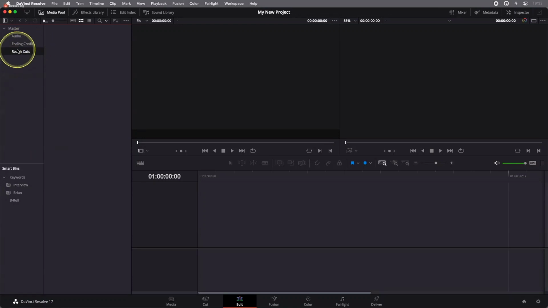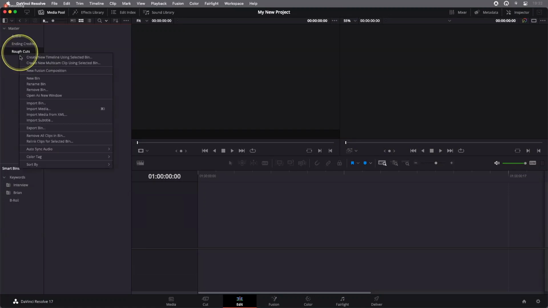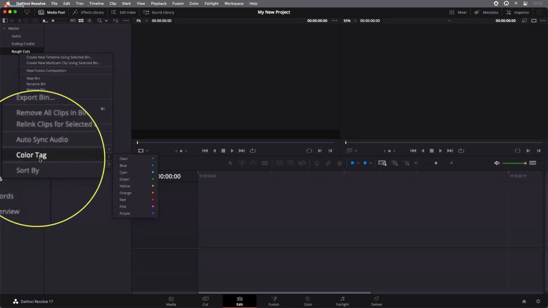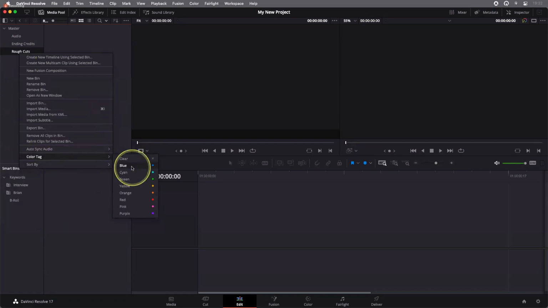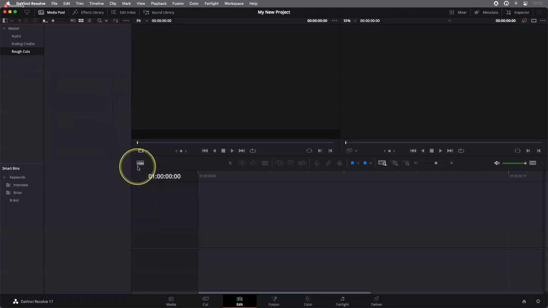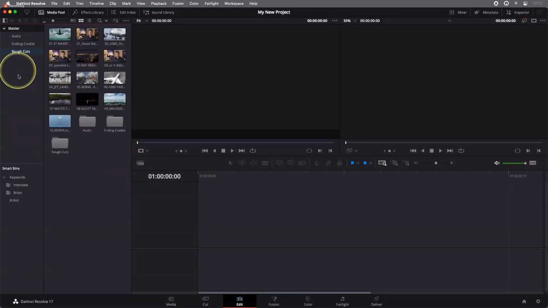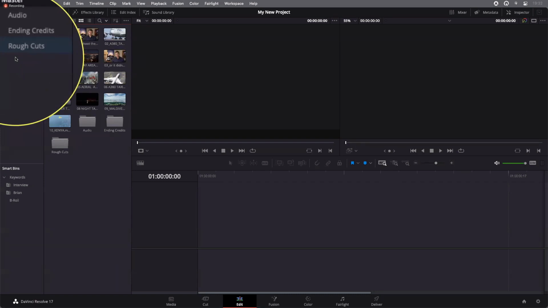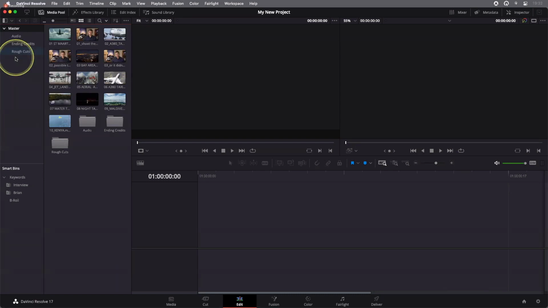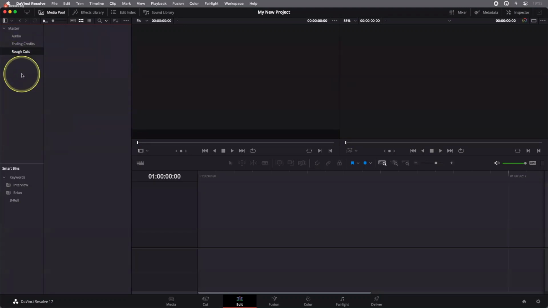Just to differentiate the rough cuts bin from all of the other bins, it can be useful to color code it. So in this case, if you right click the rough cuts bin, you can also apply something called a color tag. So let's color code this. I'm going to color code it blue because I think that's my favorite color. If you've got a different favorite color, you color code it your own favorite color. But you'll see now, I can actually color code my bins. So it's useful to sort of visually identify if there's an important bin or something. So if we select that rough cuts bin,